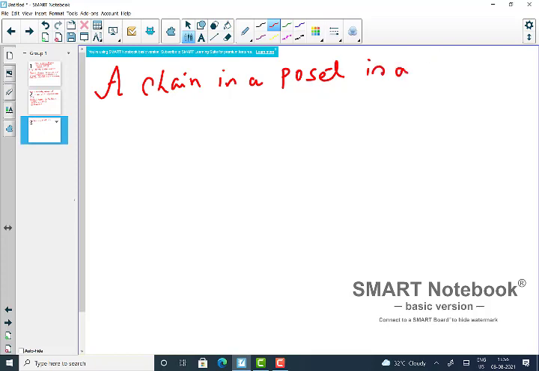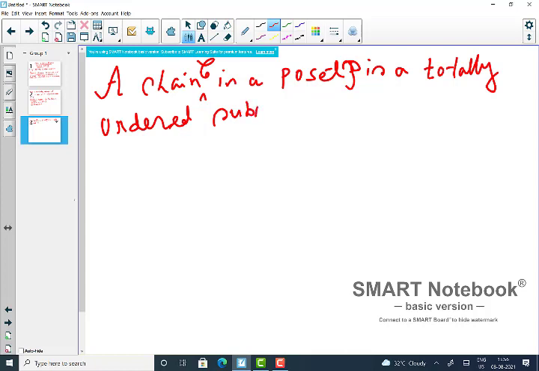A chain C in a poset P is a subset of P such that